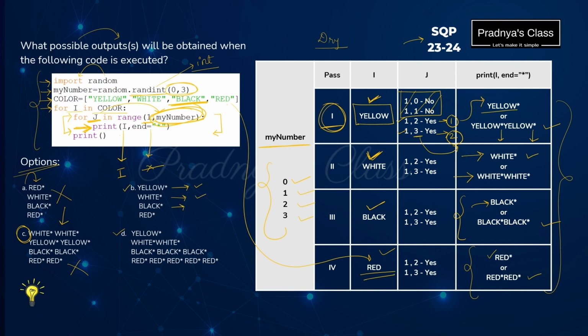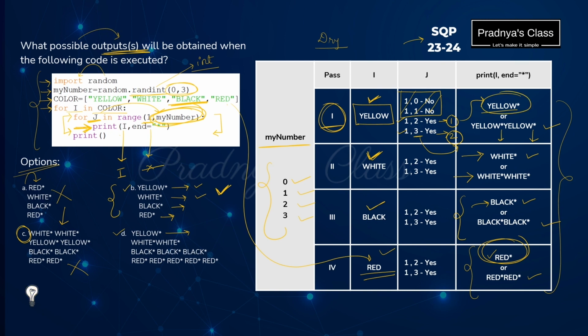As a third value, black star we could see. That is also possible. Now look at the last value. Red star once. Yeah, that is also possible. So if we look at option B, we can get this output. Now there is one more option, that is D. Let's check out. We may get more than one output. The first value is yellow star once.